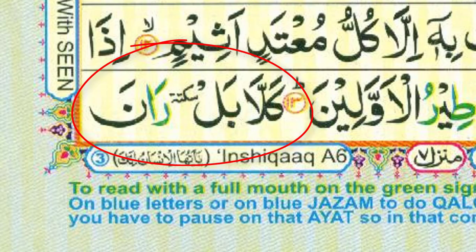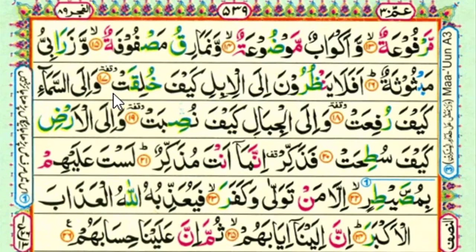We are breaking our voice on the bal, but we are not breaking our breath. That is called sakta. So we say again, kalla bal rana, right? Waqfa is also the same, but the difference is that in sakta we hold, like we break the voice in short, and in waqfa we long a little. So if we make waqfa here, we say khuliqat wa ila